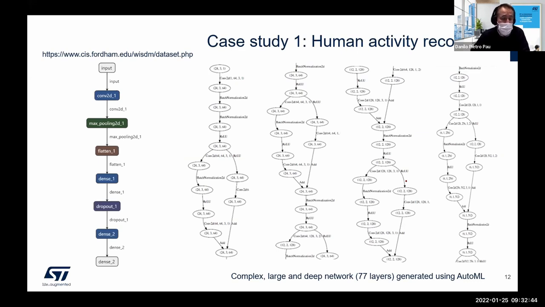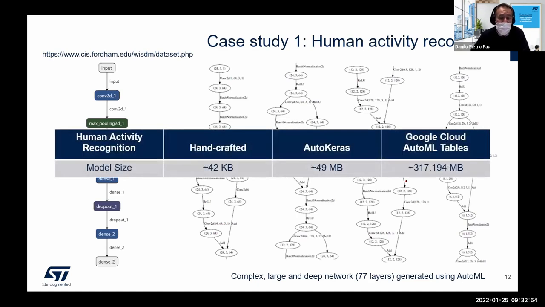What I would like to achieve is a tiny network. As I said, I am interested in implementing such a model on a microprocessor. And if I handcraft the model, in my experience, it was about 40 kilobytes. It can be even less than that, even tiny, depending on the data set. There are various data sets. This is one of those. There are other data sets like PAMAP2, SHL that can be used.